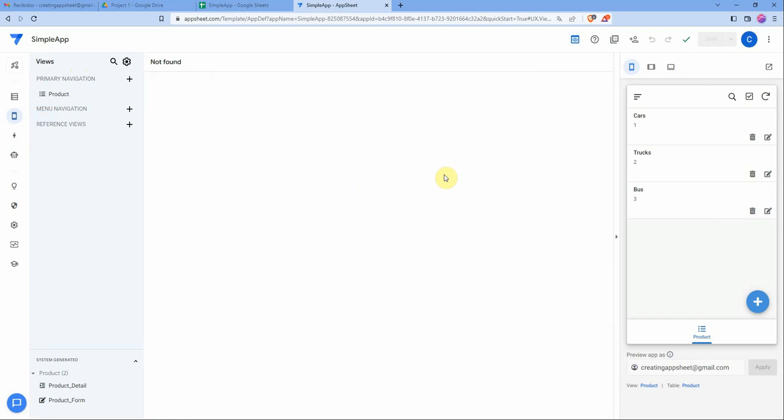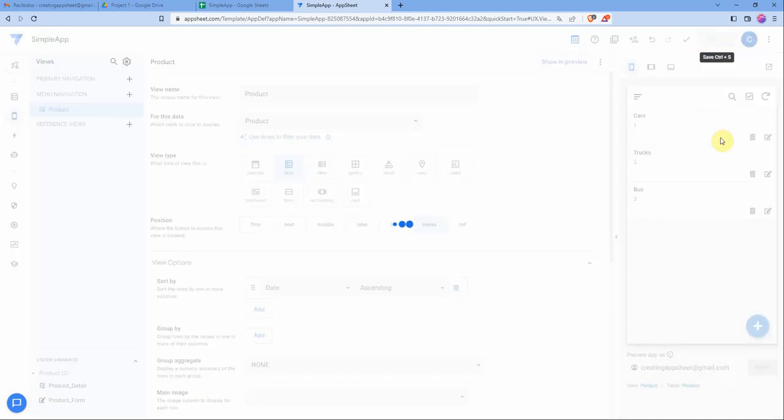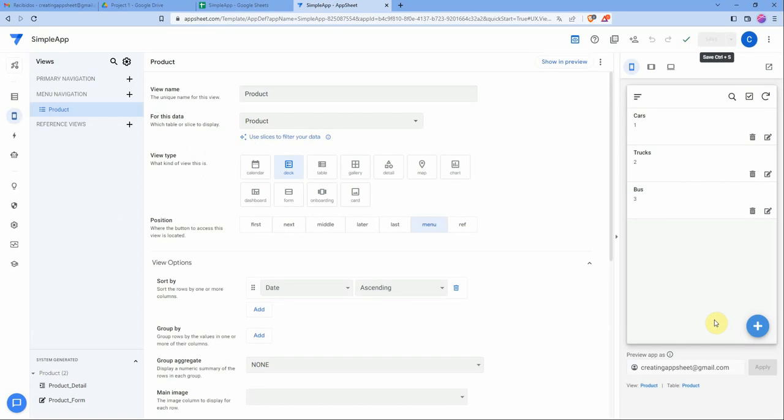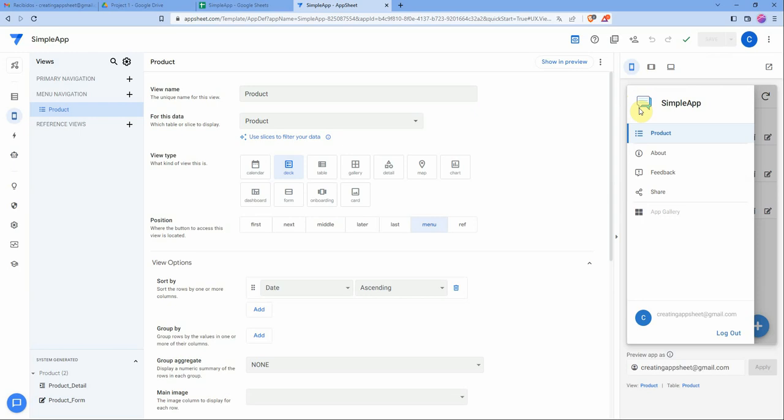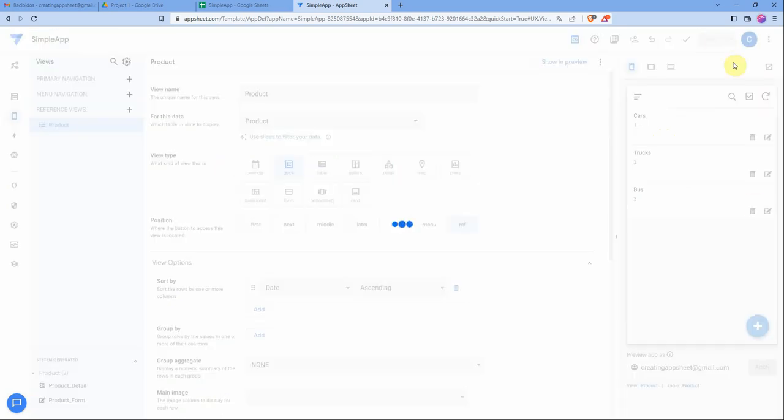If you click on a button, you can call a chart that is hidden on this reference view section. So in this way, we can have many reference views hidden, but we can call them just by clicking on that button. If we want to move this, let's move it from primary to menu, and it disappears from here. Let's save it and click on the menu, and look, it's here on product. Now let's move it to reference view. Let's click on save,